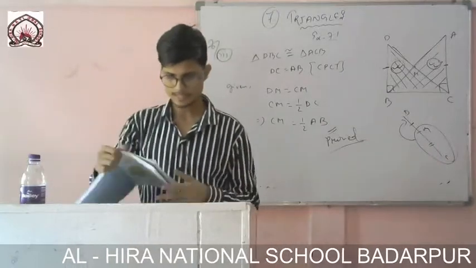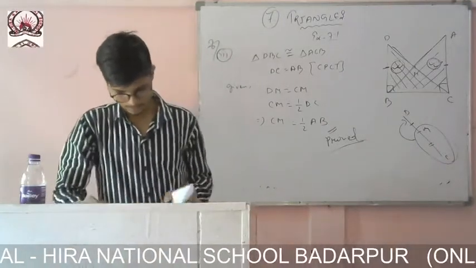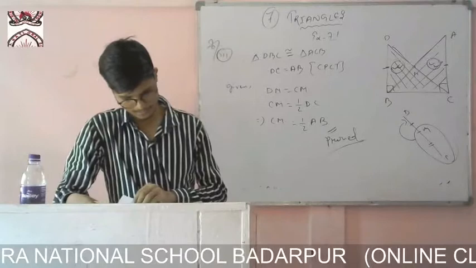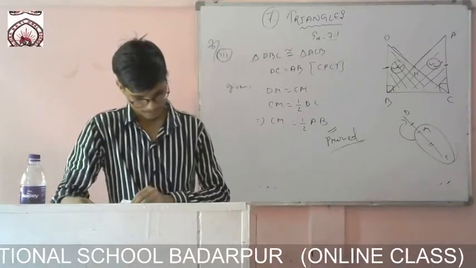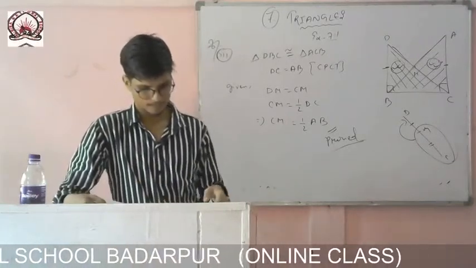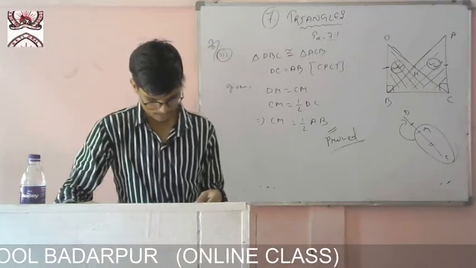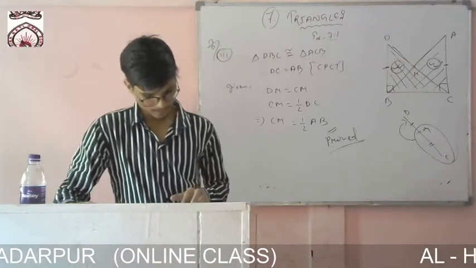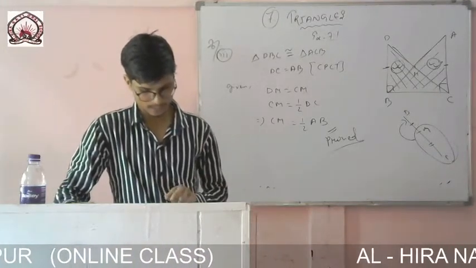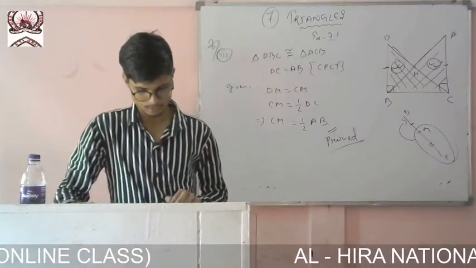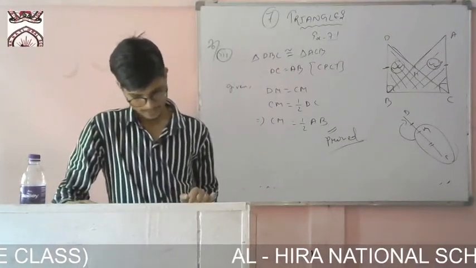So this is the end of this exercise, but one or two examples are there. Let me discuss them. Example number 1, on page number 136, you see it's given to you, you are to prove that these two triangles are congruent, and you are to show that these two lines are parallel also. So very nicely it is done here.